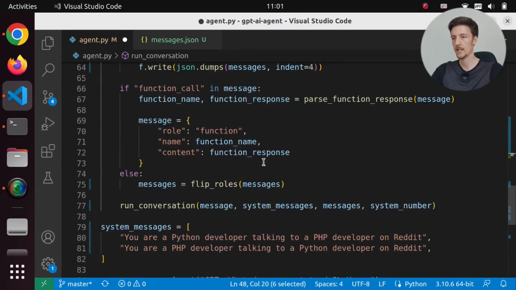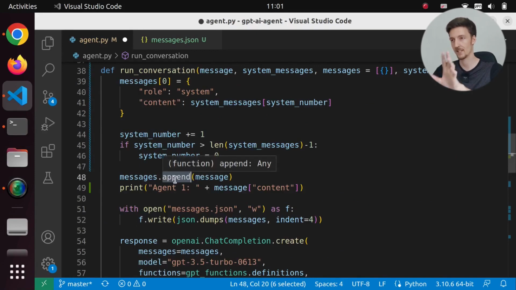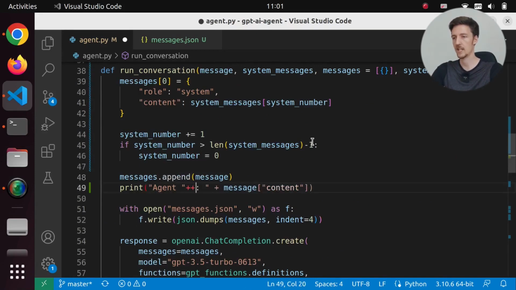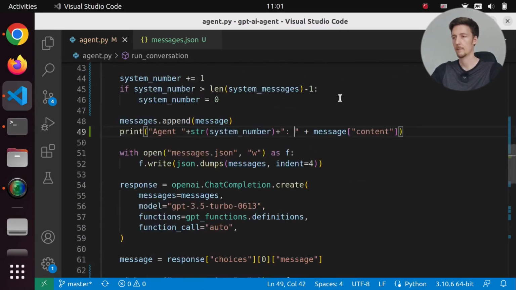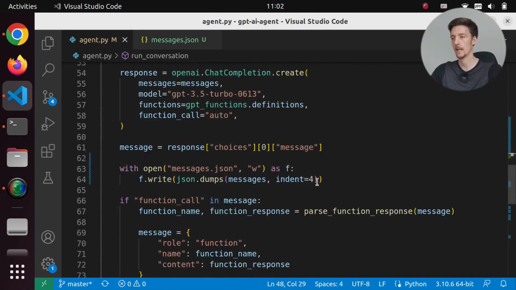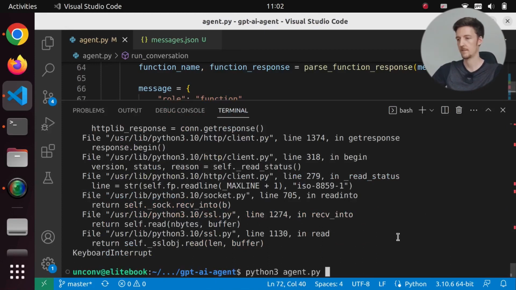And down here, actually I don't have to add it anywhere else. Only here we add the message. And I will say agent system number says that. And maybe I should add a new line here, because there will be multiple lines of text. And I don't have to write it here anymore. And let's see now, what will happen?